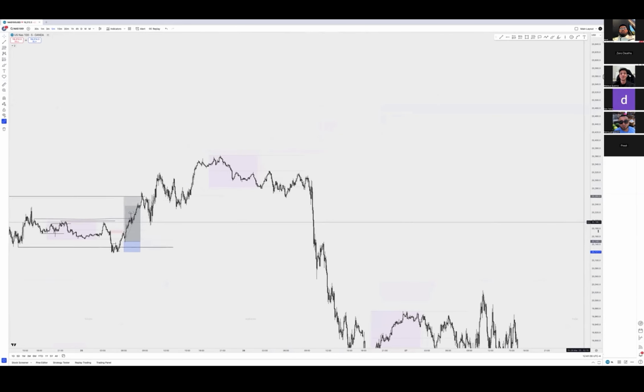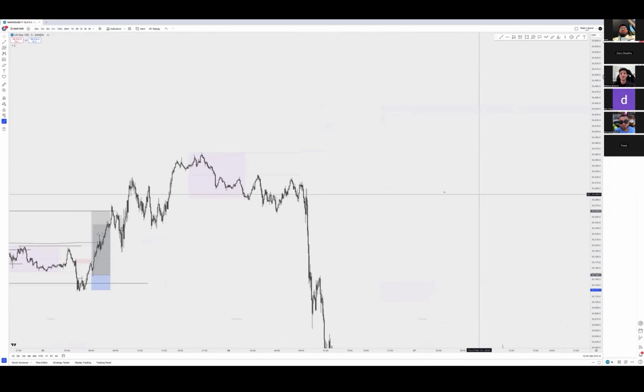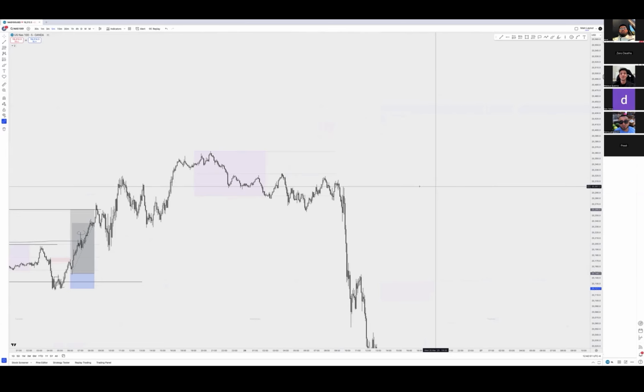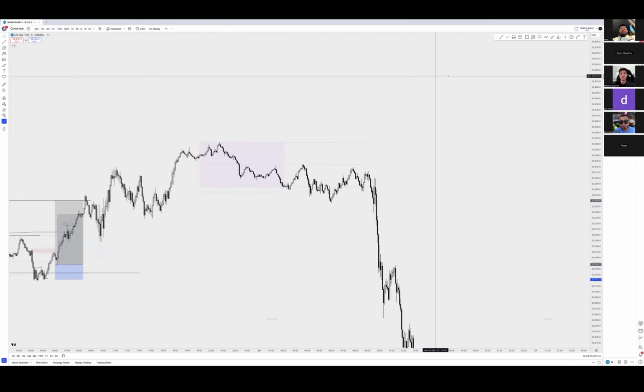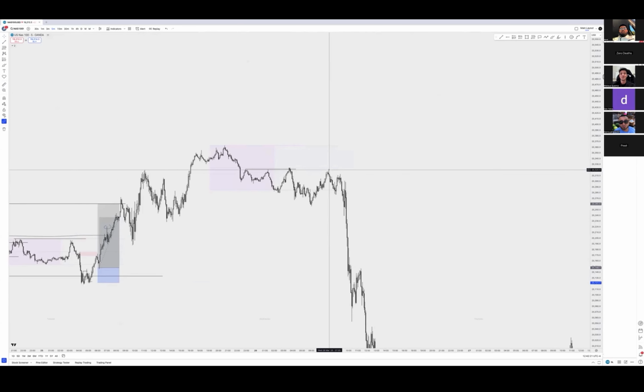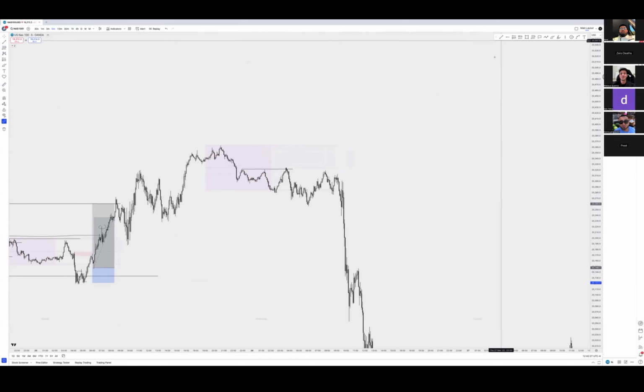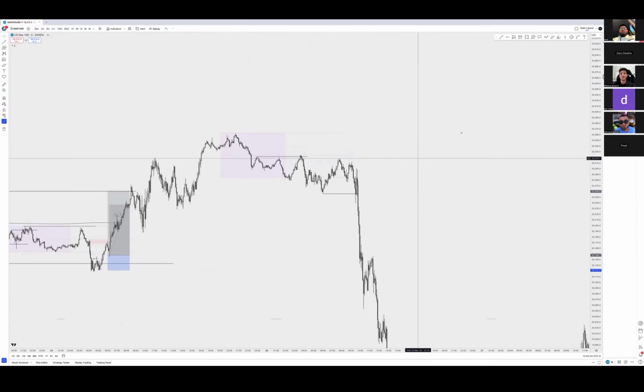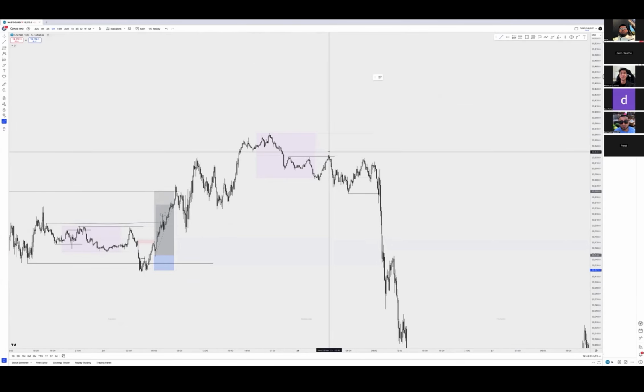All right, so I'll go into it. Honestly, when I was looking at PA at 9:30, this had already happened. So I understand we got this happening. Okay, that happened right there. And then I seen it respect the high, come lower, respect it again, and then comes lower and takes out the low. So honestly, I waited for the highs to get taken out before I could look for anything.